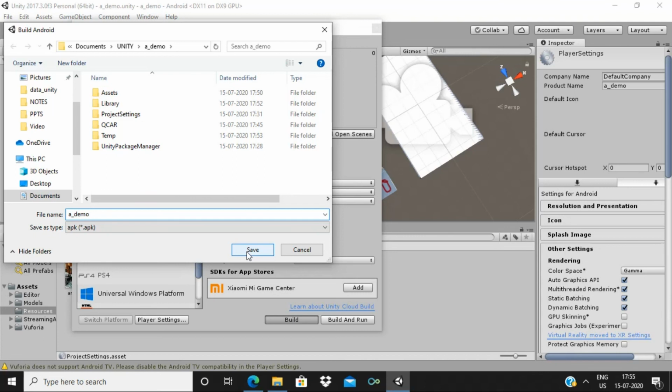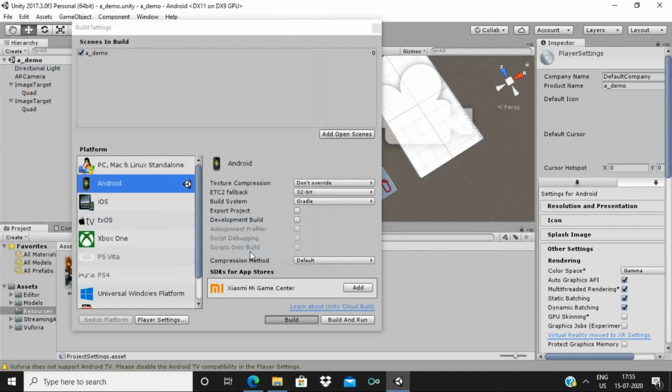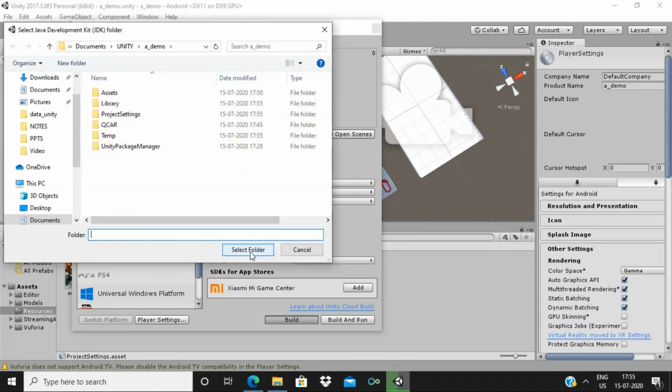For this, you might need to install Android SDK on your laptop, and finally it gives you an APK file. There are instructions on the Unity website for doing this, and after getting that APK file, drag it onto your Android device and install it. Oh sorry, I forgot to click save. And after getting that, you install it on your Android device. It might take a couple of minutes. I'm not able to show it right now.